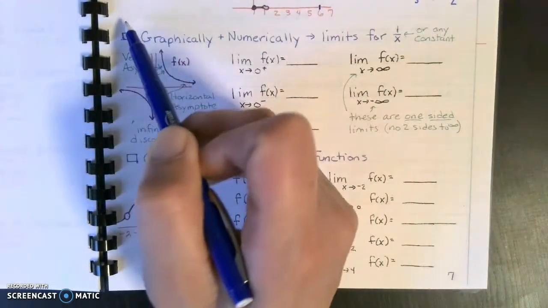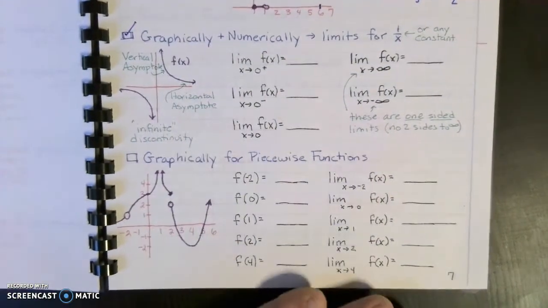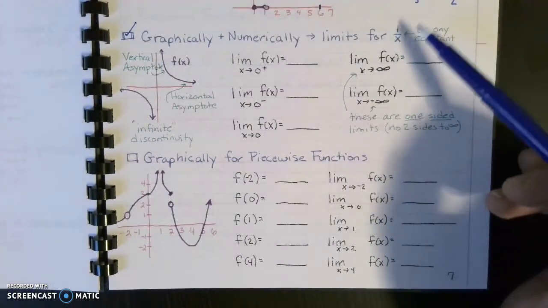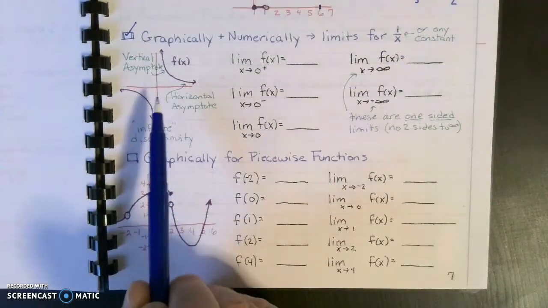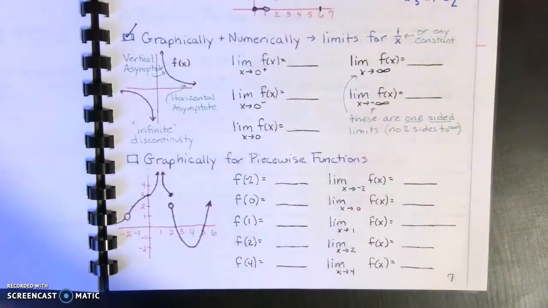So now let's look at functions graphically and numerically. We're going to look at limits of the function 1 over x. Or the 1 could be any constant. It doesn't matter what it is. All those graphs are going to look much like this graph does right here. As a matter of fact, there's a vertical asymptote. I will highlight it in